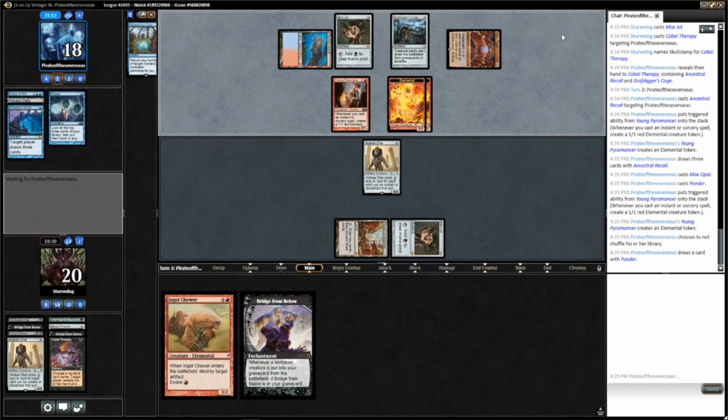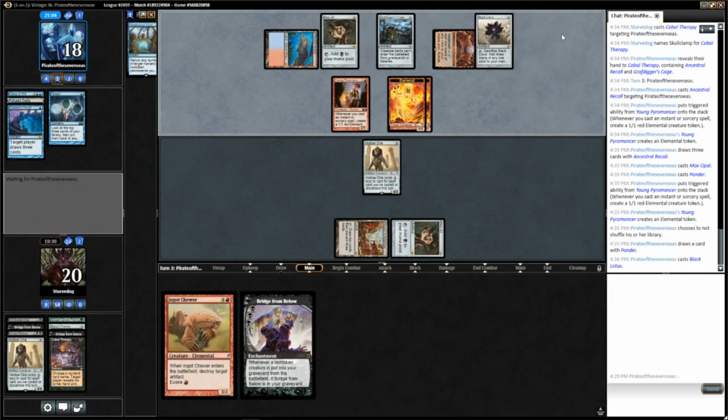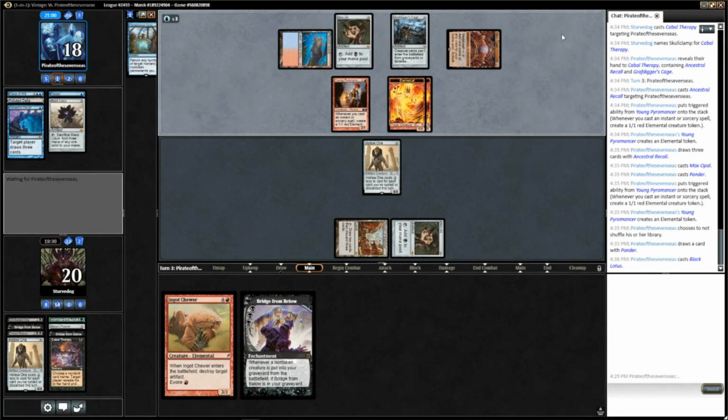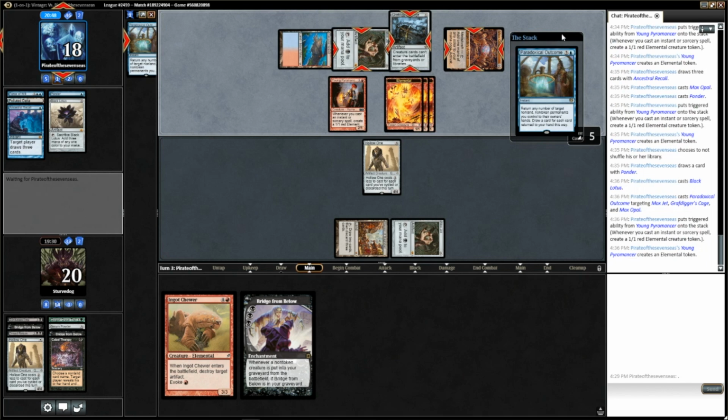And I don't know exactly how many blue sources he was playing, but... Black Lotus, sure. Blue Outcome... Not even that good of an outcome. 2 mana, draw 3, basically. But I guess you guys got the Pyro, so...